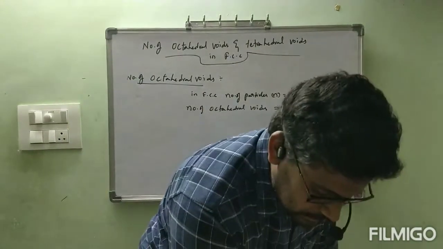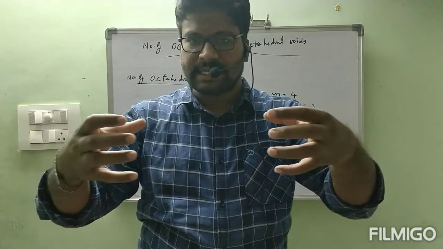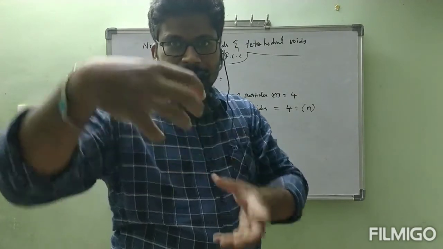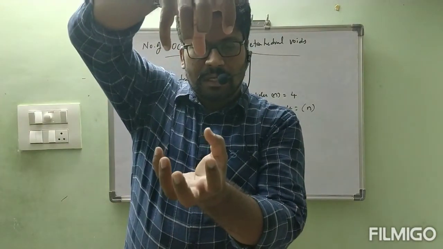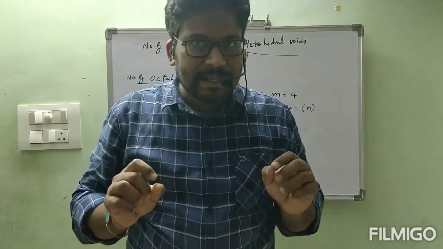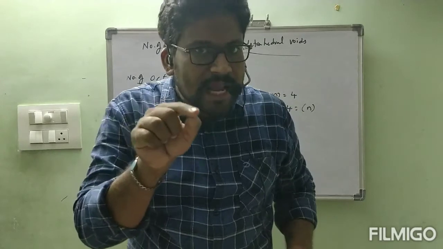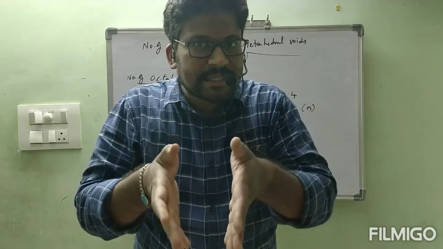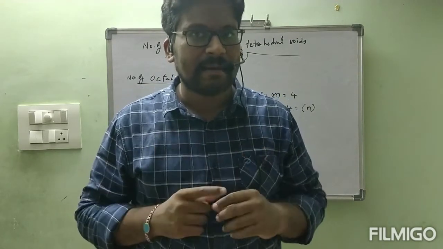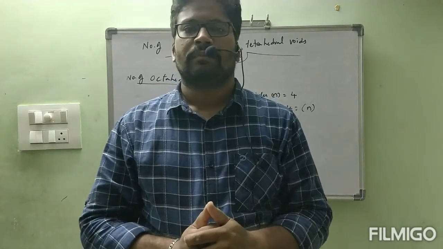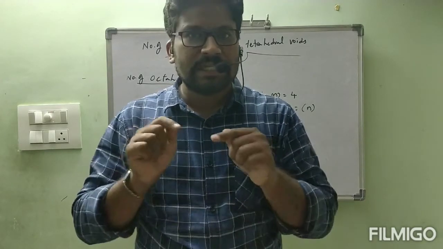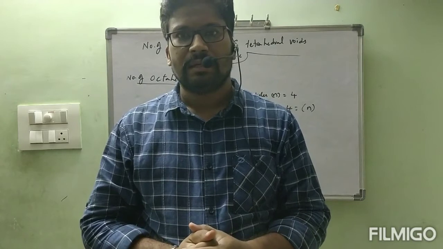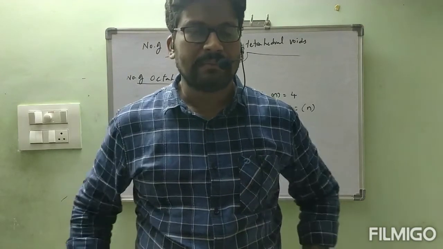See, 2 particles from the right side and left side, 2 particles from the front side and back side, 2 particles from above and below. In between these 6 particles, we have one small gap. These 6 particles have that gap. That gap is called octahedral void. That position is called the body-centered position in FCC. Correct, no?